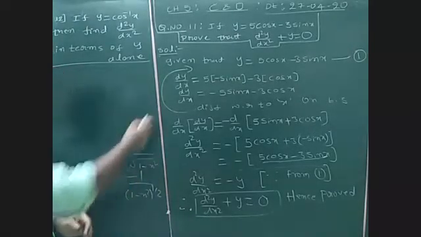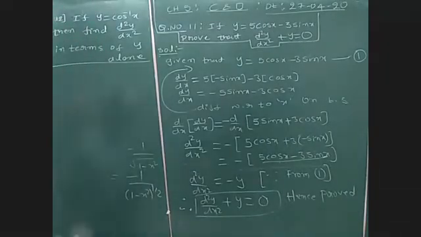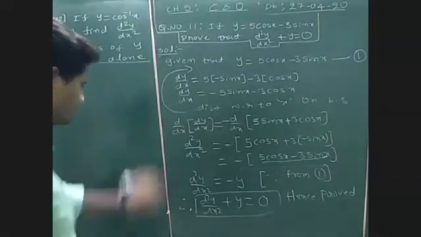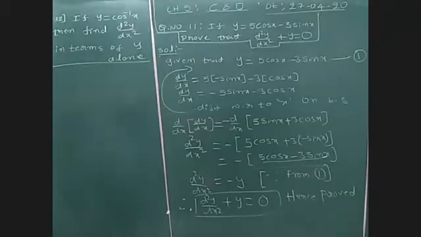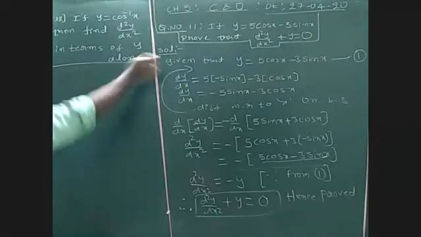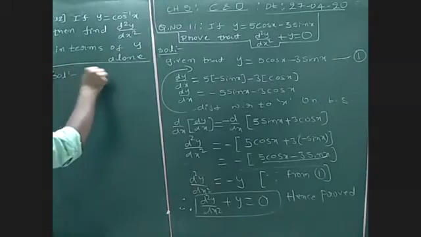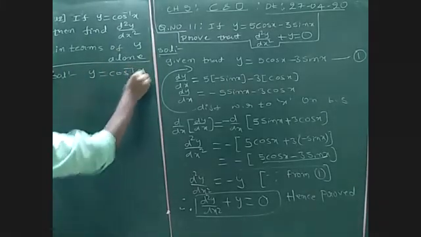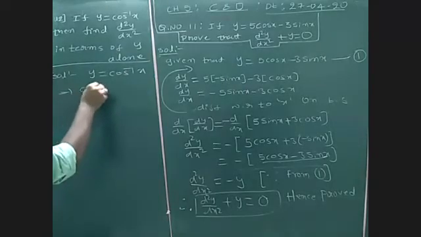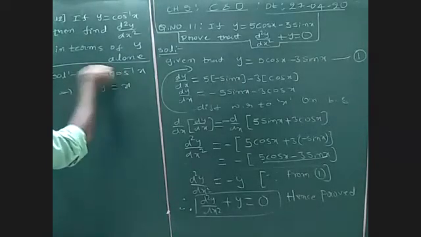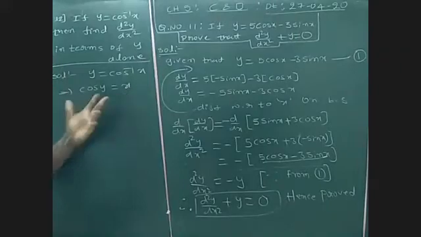Again we can apply the exponent formula. But like that, it will be a little difficult and a little lengthy. Observe here, I want to write the given function as cos y is equal to x. Take the inverse on the left side: cos y is equal to x. Simple.